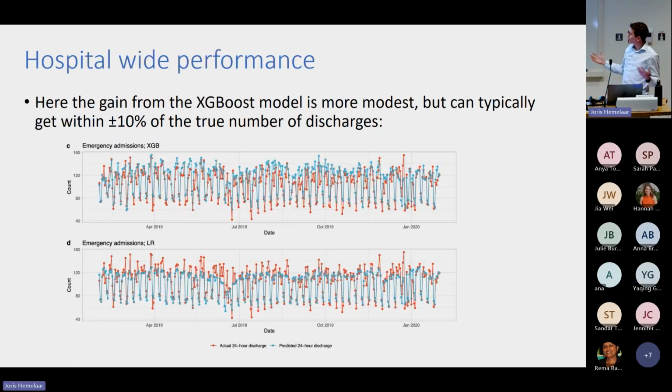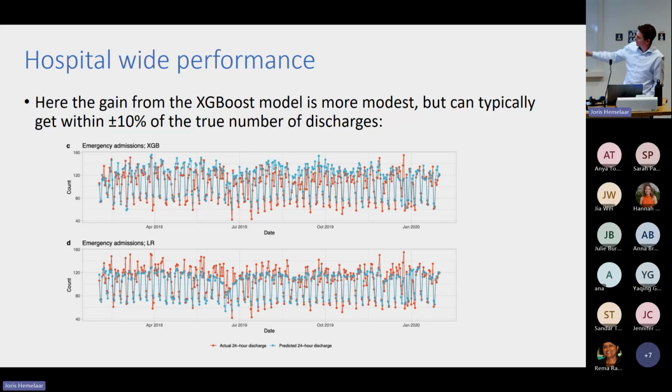When we bring all this together, if you look at the actual discharge in red and the predictions in blue, you can see that we're able to get fairly good predictions of when people are going to go home, or the numbers that are going to go home. Actually, there's a relatively naive model that just considers a handful of features and uses logistic regression. Still does pretty well at this task,